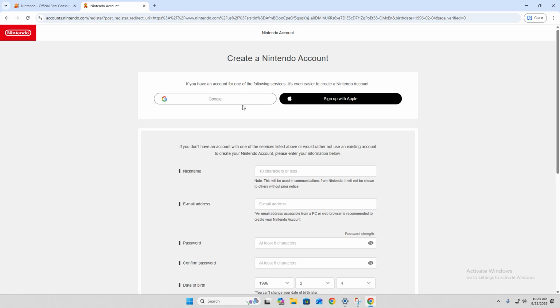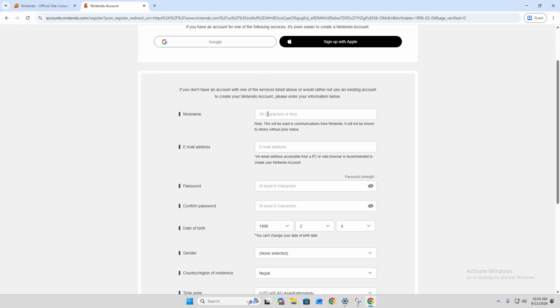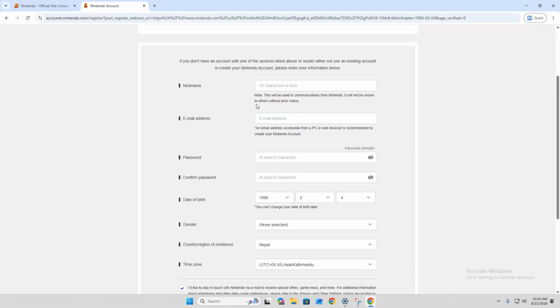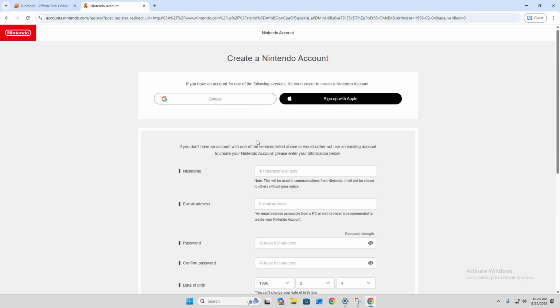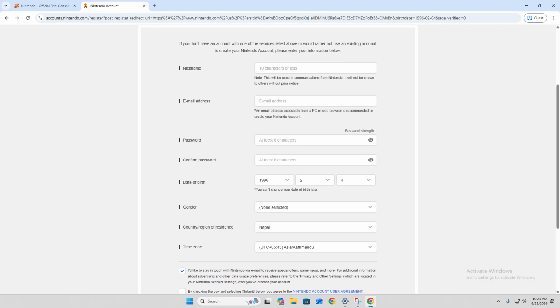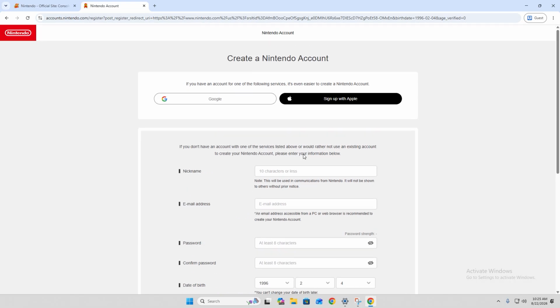You'll be able to simply continue with your Google account or with your Apple account over here as well. You can simply tap on Google and you'll be able to simply open your account according to your Google account. However, if you wish to use any kinds of other email address, you can simply fill out your nickname over here, email address over here, and you'll be able to create your password over here as well. Tap on submit after you have submitted all of this information over here, and you'll be able to create your